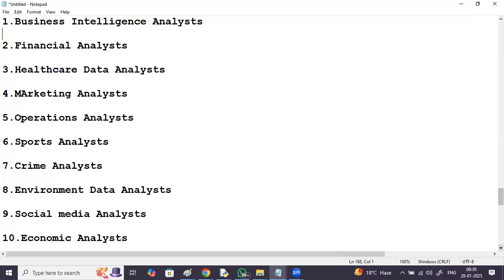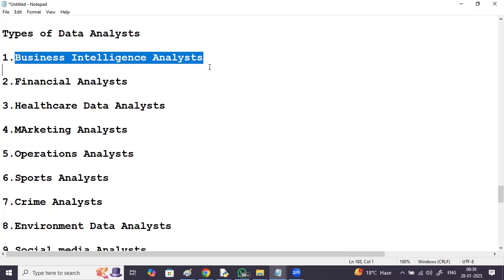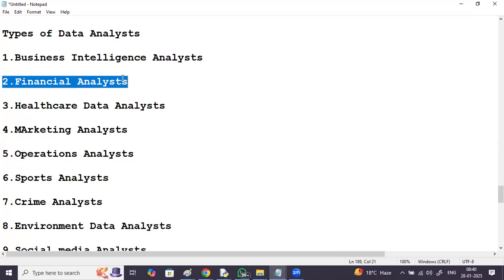If we talk about it, you can work in different fields. Business intelligence analysts work for insights, decisions, and performance improvement. Financial analysts work on budgeting, investments, and market trend analysis.